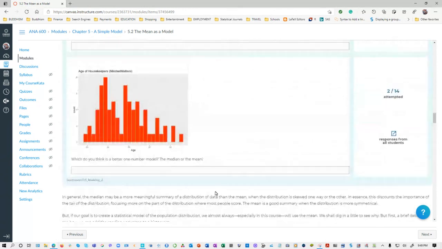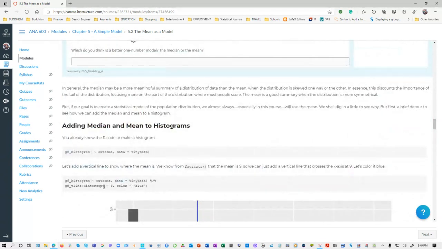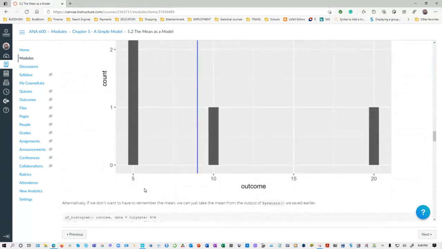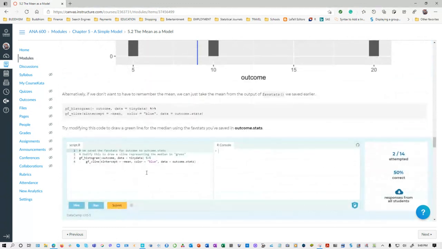On the other hand, this 9, rather than put 9, can you recall that in a different way? The 9 would be my mean. It's the same thing here. See, geom_histogram, outcome, tiny data, geom_vline. They don't put the 9. They put tilde mean. Why? Because